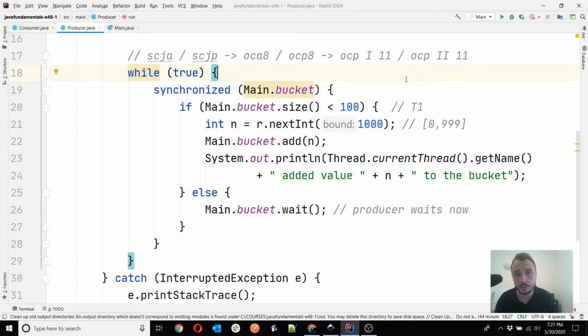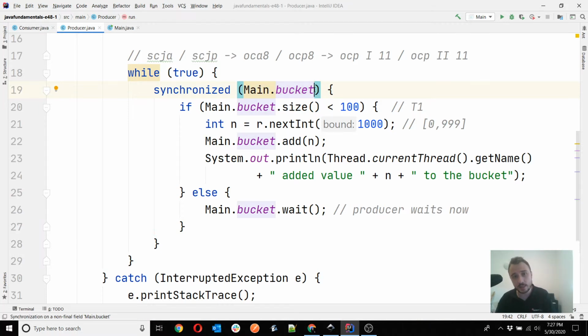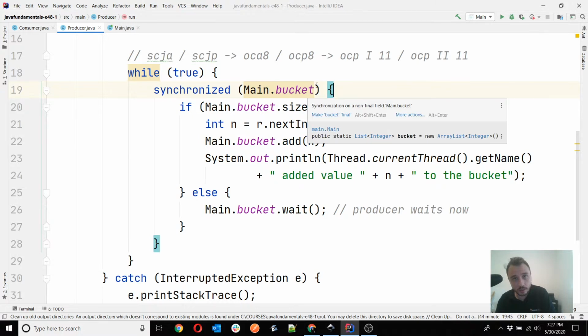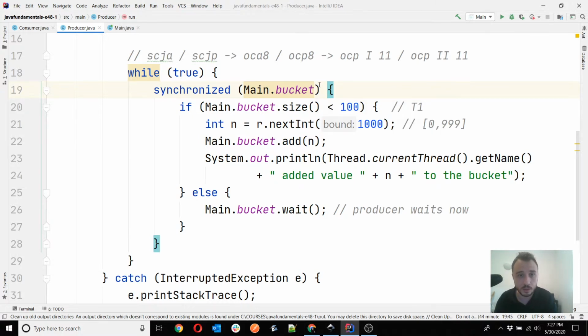Because as you remember from the previous lesson, we compared the synchronized block with that square of the intersection, and we compared the monitor with the police officer, which has the authority to tell the threads to enter the synchronized block or stop, and allow the other thread inside to finish. That's very similar to how a police officer at an intersection allows a car to pass and can also tell other cars to wait. So it can tell them, okay, you now wait, as the police officer always says.